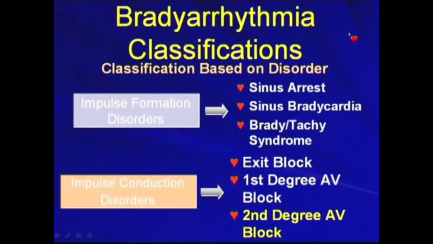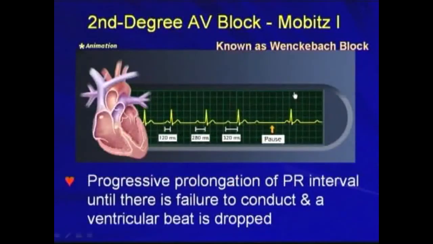What is second-degree AV block? There are two types of second-degree AV block. The first type, known as the Mobitz type 1 or the Wenckebach block. You see here, there's a progressive prolongation of the PR interval until there's a failure to conduct and the ventricular